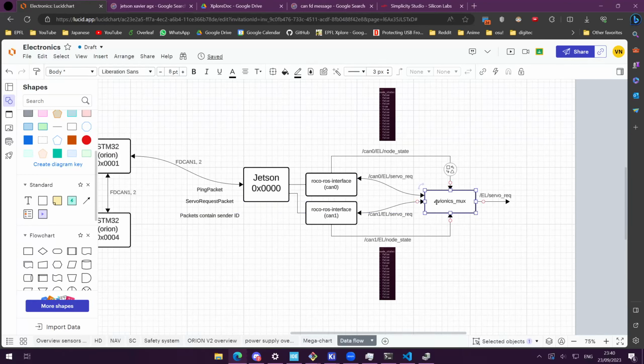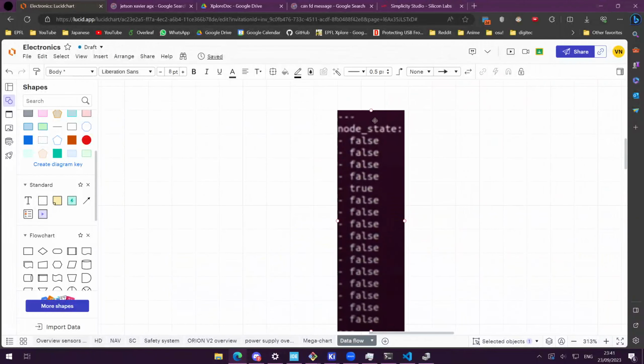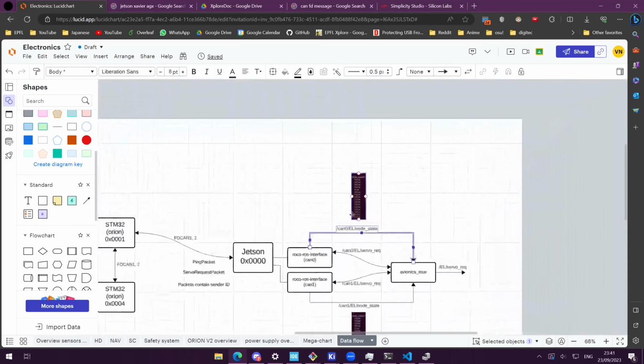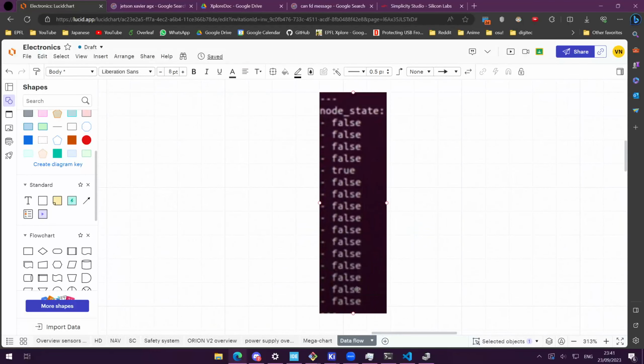Then the avionics mux will choose which topic is the reliable one, depending on the CAN0 node state and the CAN1 node state. If you don't remember, these topics are just lists of Boolean values. For each index, we say whether or not the node is available on the bus. So here, if you have 16 values and the fourth one, or the fifth one in this case,